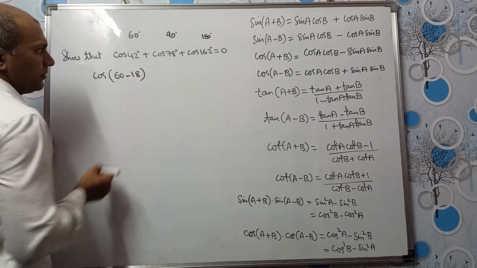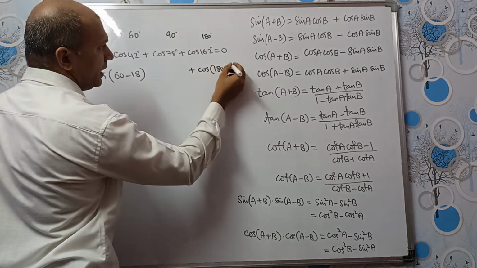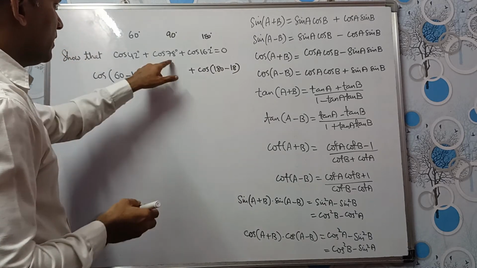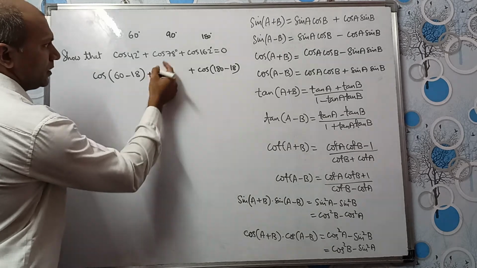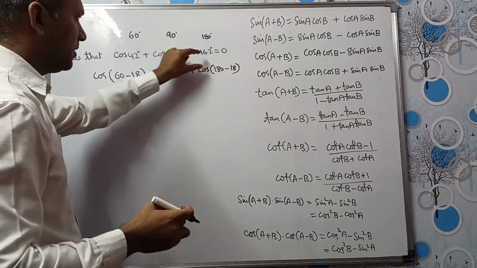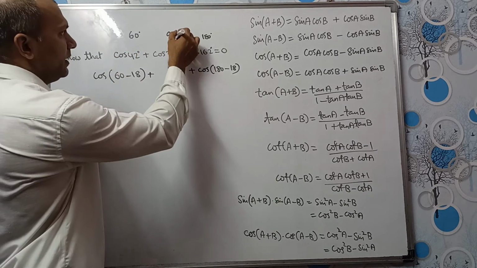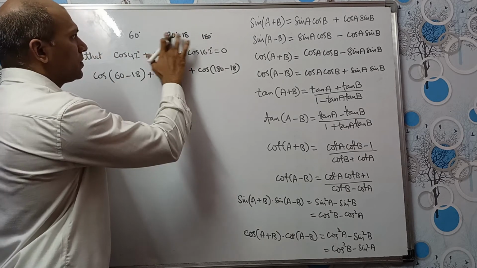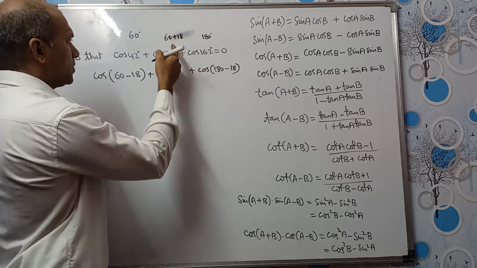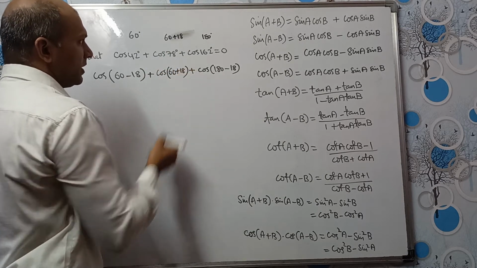So to write 42 in terms of 60, we can write cos(60 minus 18). Here, cos(180 minus 18), right? 162 is 180 minus 18. And 78, okay, 90 minus 18? 18 should be the common number in all of these, but 90 minus 18 will not give us 78, right? So let us do one thing. Let us write this 78 as 60 plus 18, because we'll have 18 here, 18 here, and 18 here, right? So this is cos(60 plus 18).